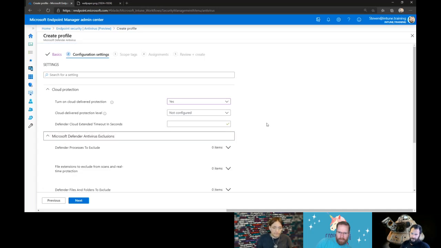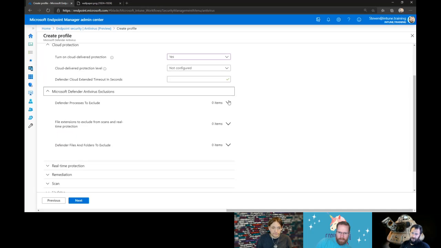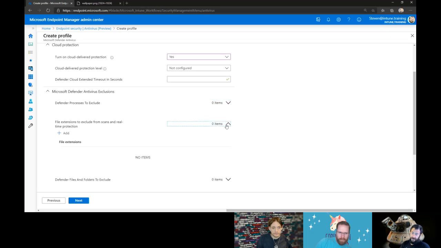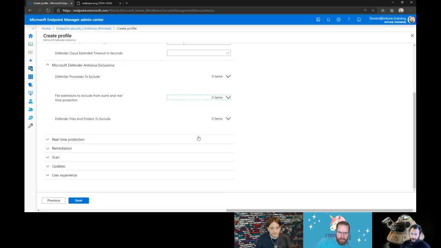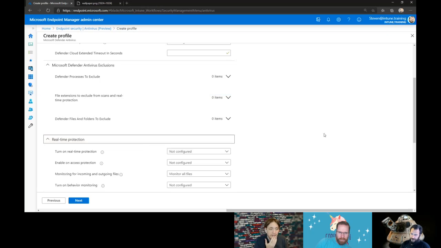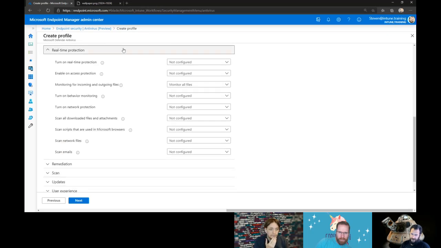We then step into the Defender AV exclusions, where you can go and exclude processes or files, folders, and extensions, which is important. So you can, for example, exclude the config manager cache directory, so you don't sit there and constantly scan on every computer that AV, because why do we need to? And then you've got real-time protection. It's all the standard stuff that you would see here.